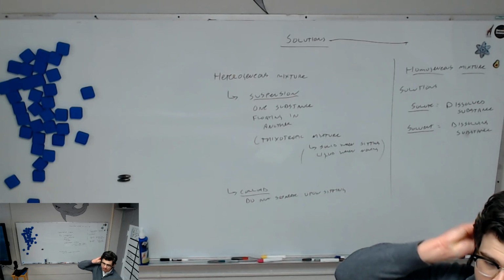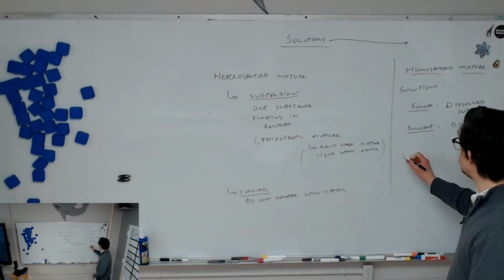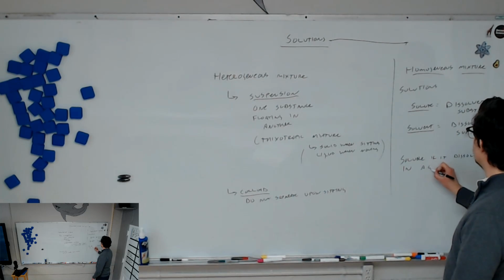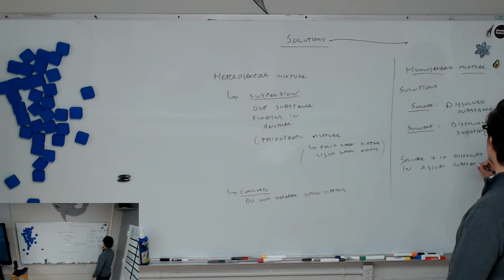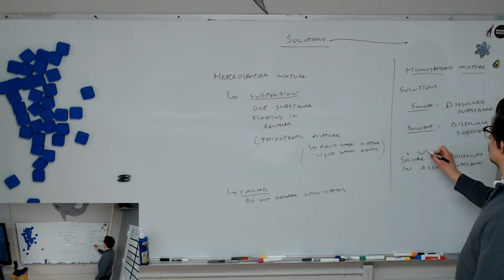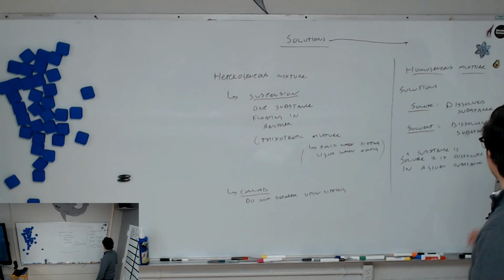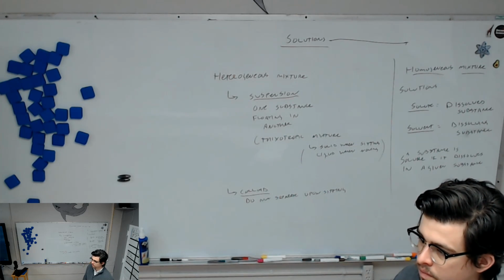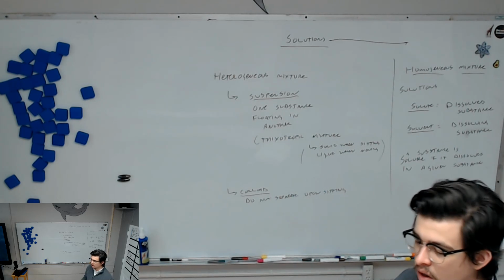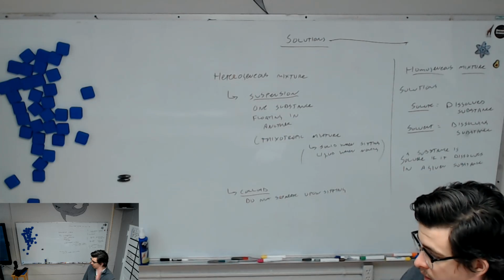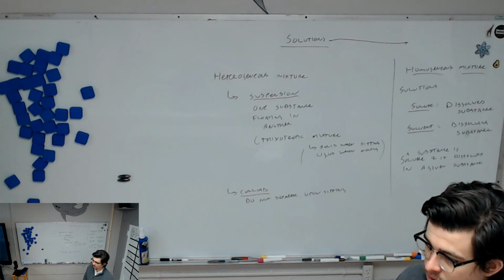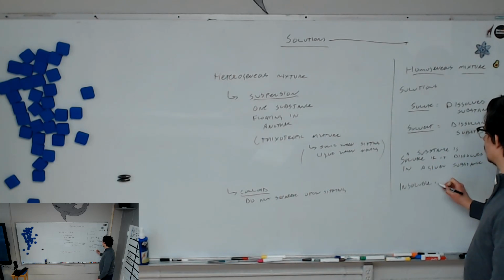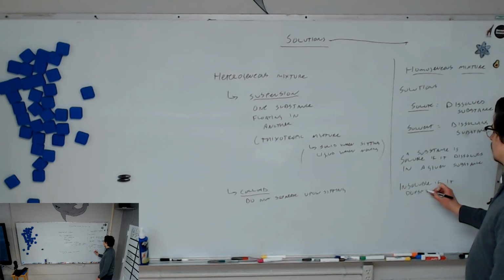If one thing dissolves in another, it's said to be soluble. A substance is soluble if it dissolves in another given substance. So I might say salt is soluble in water, right? Calcium carbonate is partially soluble in water, or we could maybe even say slightly soluble in water. Copper carbonate is insoluble in water. So it's soluble if it does dissolve in that thing, but it's insoluble if it doesn't dissolve